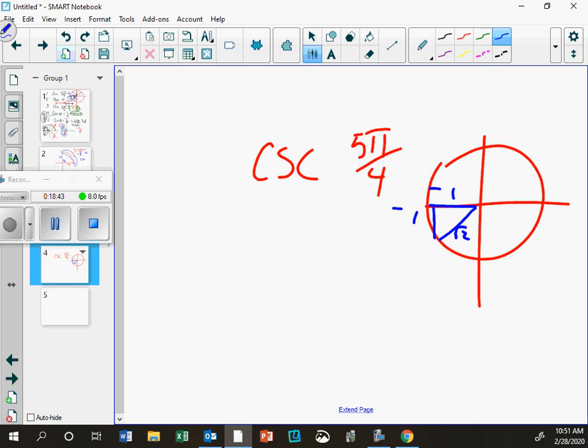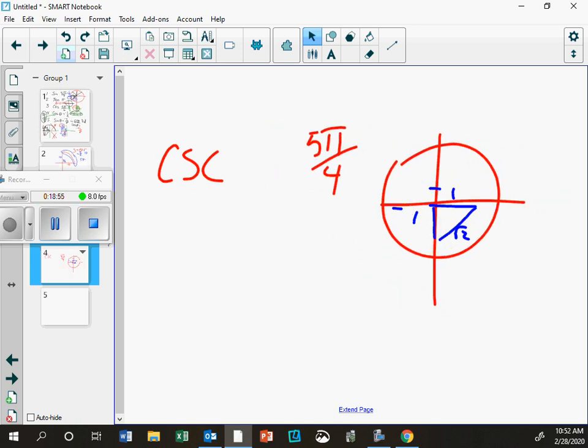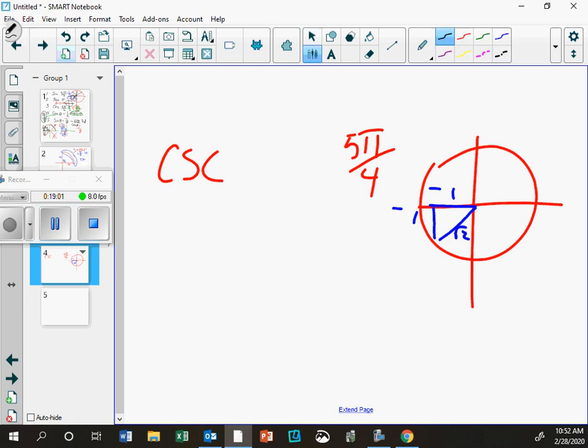But this is the part where I would refuse to do it. This is like nonviolent resistance. I would say, Mr. Server, I refuse to do cosecant of 5 pi over 4. Sorry, I won't do it. What? What are you talking about? Because I would rather do the sine of 5 pi over 4, and then I will reverse it. You get what I'm saying? Just do the sine of 5 pi over 4, which is opposite over hypotenuse, which is negative 1 over the